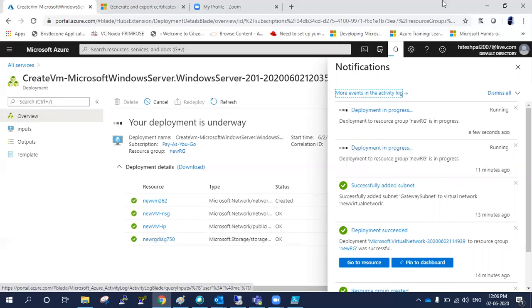In the meantime I'm pausing this recording, because the VM will be created soon, but the virtual network gateway is also being created, and this VPN device will take some time to create. Once this is created, we will continue with the configuration. Thank you.